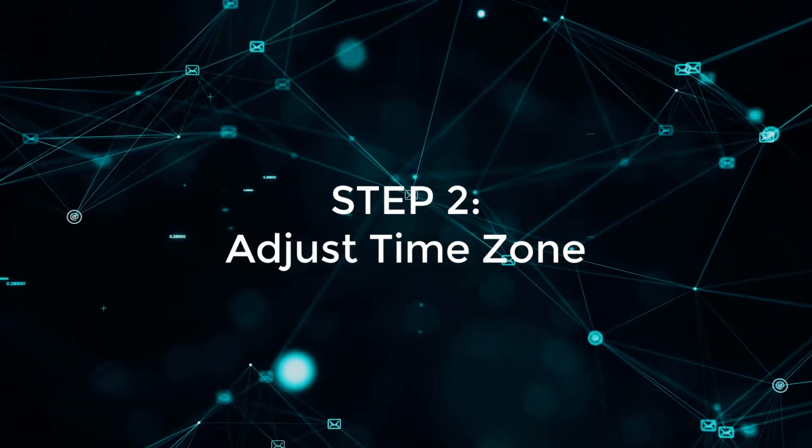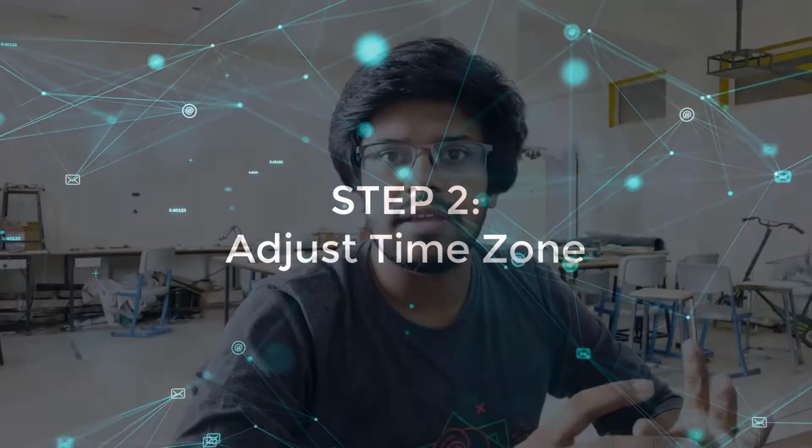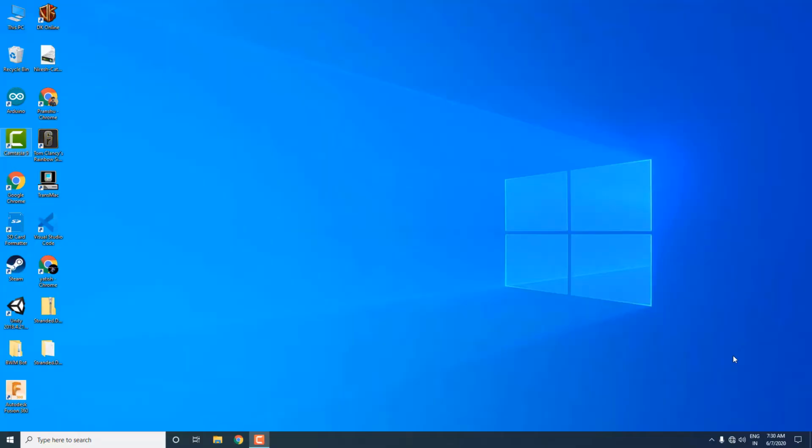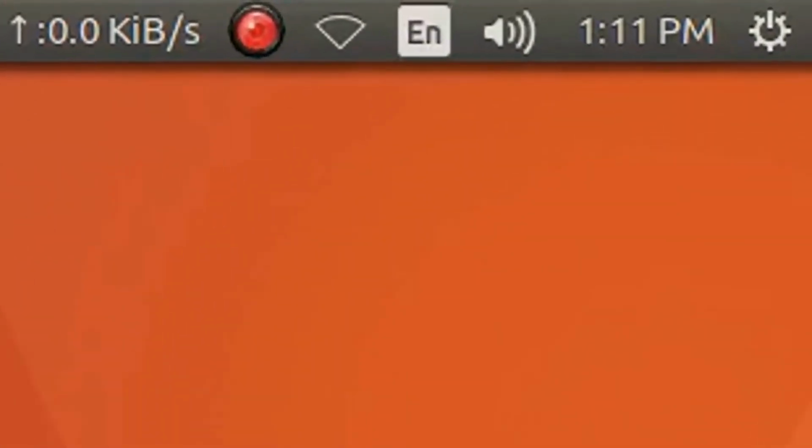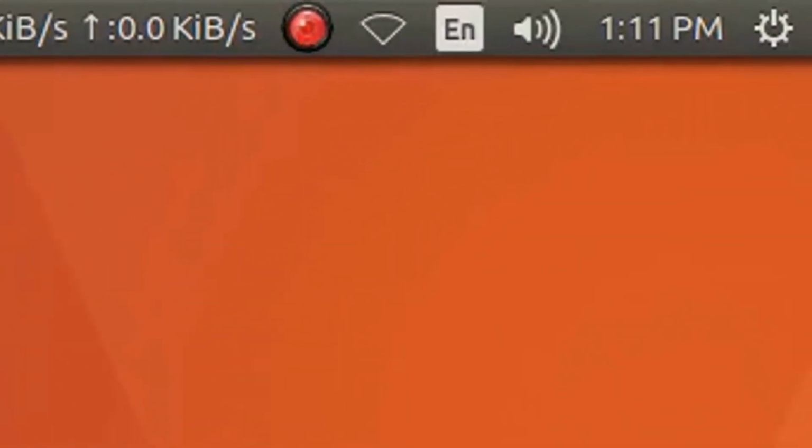So the other problem which you would have noticed after dual booting your PC is the time difference. Right now it's 1 PM over here, but on my Windows PC you can see the time is shown as 7:30 AM, which is wrong. So one solution is to keep changing your time zone again and again, but that's not convenient. So the thing which you need to do is first check the time on your Ubuntu machine. It might be similar to what the current time is.